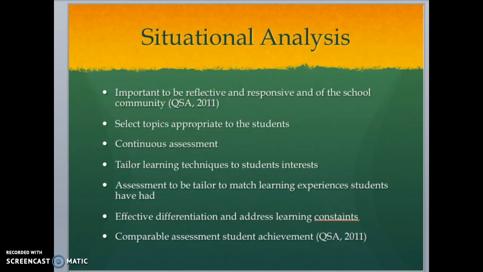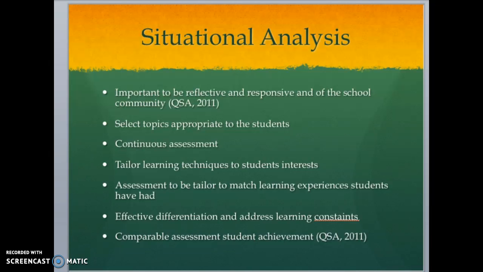It is really important that we select topics that are appropriate to the students, so that you have a point of reference and relevance to them, and we're able to tailor learning techniques to students' interests. Assessment can be tailored to match the learning experiences that the students have already had. It also allows for effective differentiation and addresses the learning constraints that could be